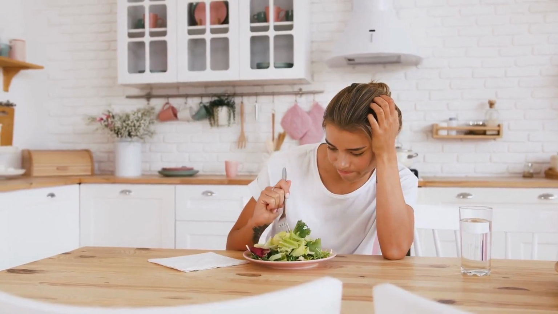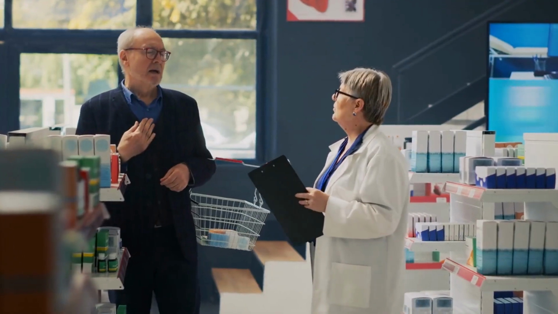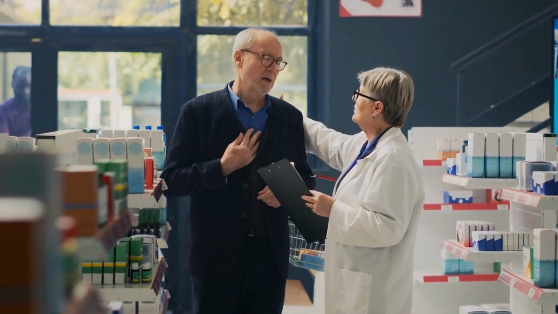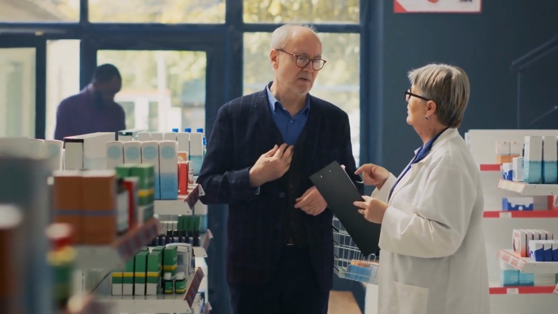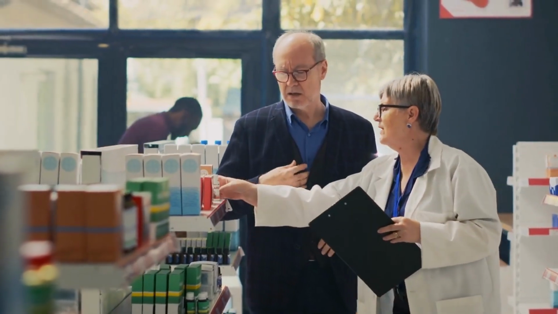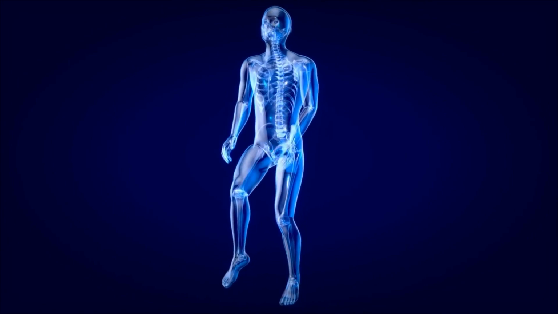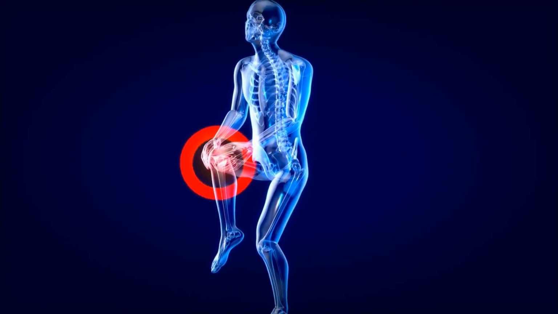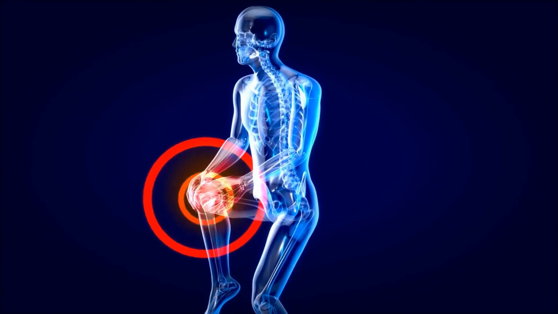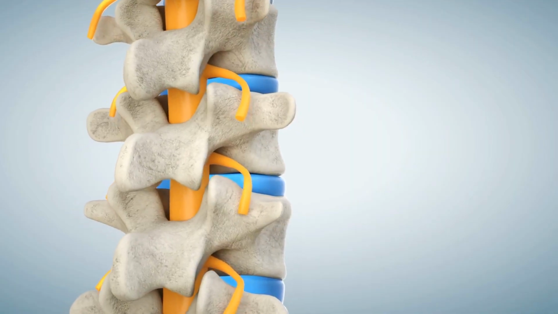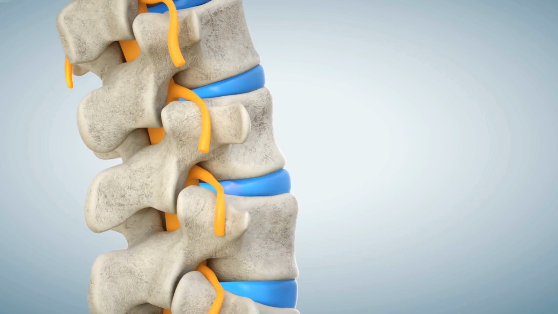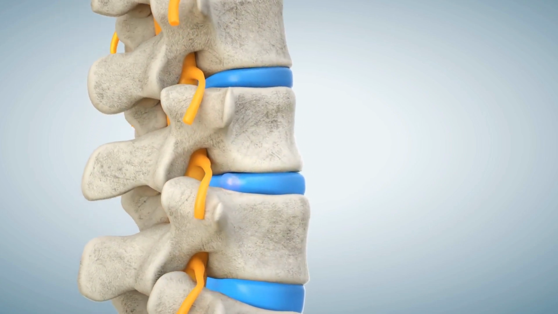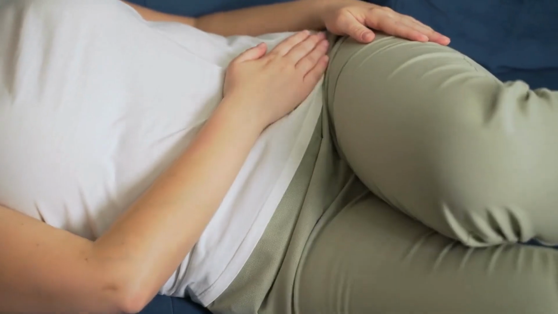What are the symptoms of ischemic heart disease? The most common symptom of ischemic heart disease is angina, which is a type of chest pain or discomfort that occurs when the heart muscle does not receive enough oxygen-rich blood. This pain may feel like a pressure or squeezing sensation in the chest and can sometimes spread to the arms, neck, jaw, or back. Other symptoms include shortness of breath, fatigue, nausea, and lightheadedness. In some cases, ischemic heart disease may cause no symptoms at all, which is why it is often referred to as a silent condition.